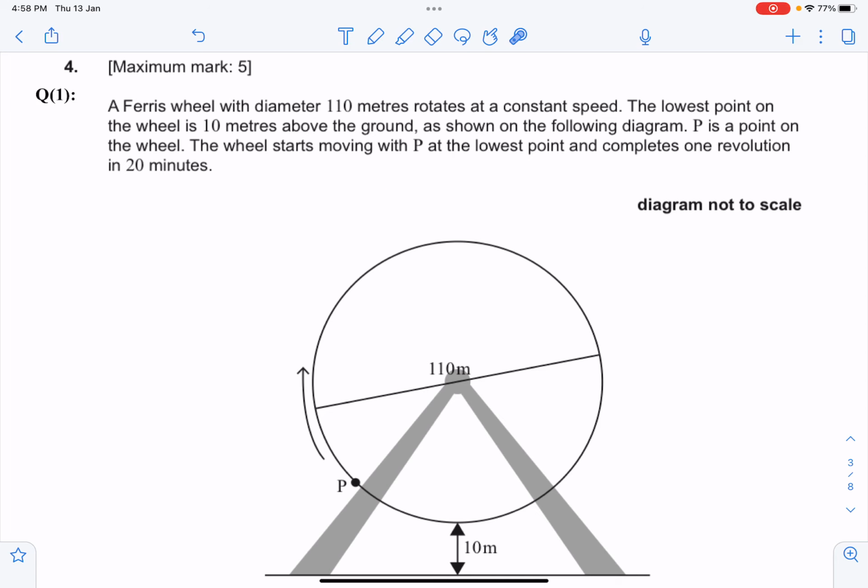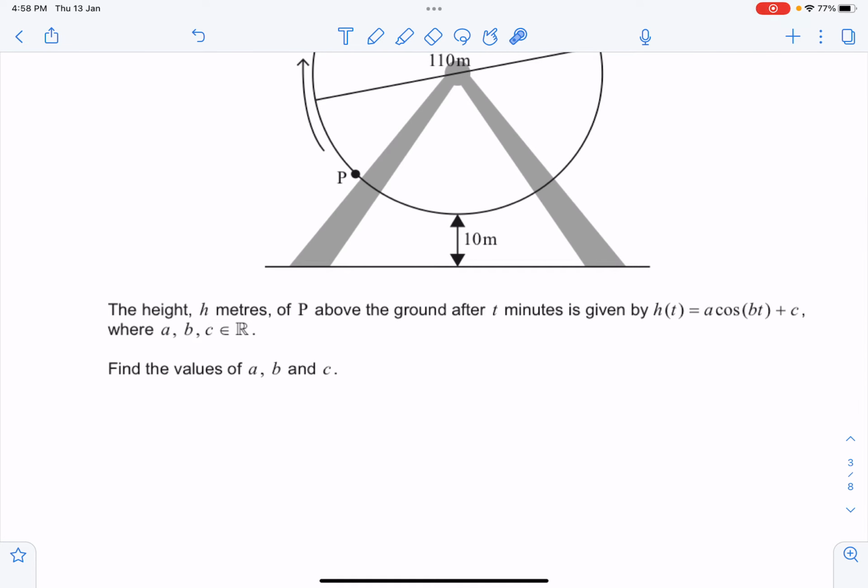Okay, now the question is asking us the height h of P above the ground after t minutes. These are the units given. Height is given in meters, time is given in minutes. Now this is given by h of t is equal to a cos bt plus c. This is the function which is representing